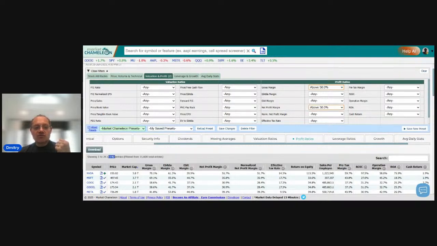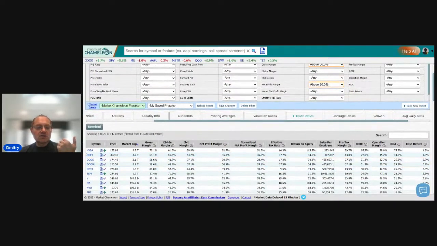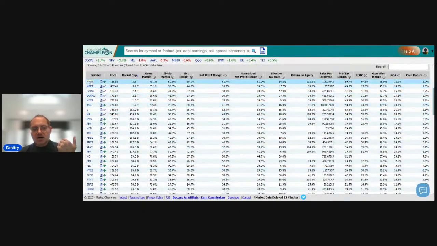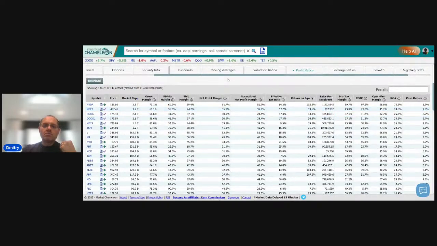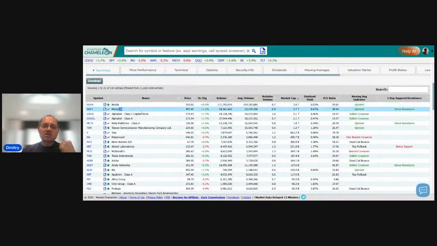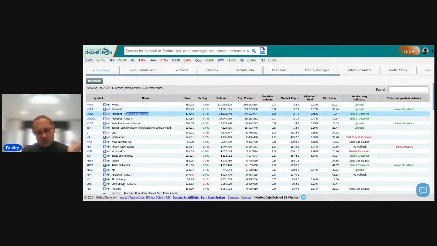So now we narrowed it down to 142 stocks. So we went from 11,600 to 142. And you can see here Nvidia, Microsoft, Google, Meta. So a lot of the high cap technology stocks are up there. And if we go back to the original tab summary, we'll see the name of the stocks in here. So if we keep those two metrics, could keep narrowing it down, but let's use some